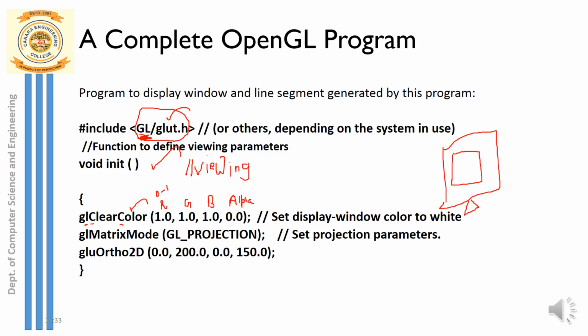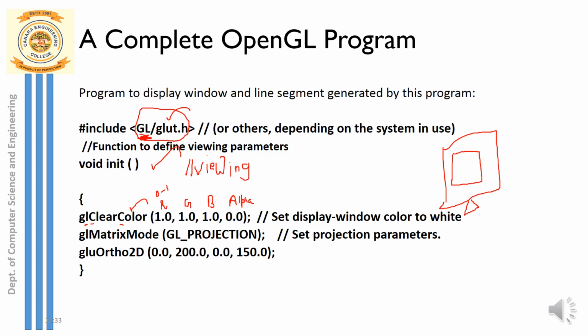If I set the value 0 to red, it indicates that red is off. So R 0 indicates no red component in the color. And if I set green 0 as well, if all three RGB values are set to 0, then it indicates that there is no color component at all, and clearly when there is no color component, it indicates black color. So how exactly do you set a black background? It is 0, 0, 0, and the last parameter also 0. The background is totally 0, it's black.